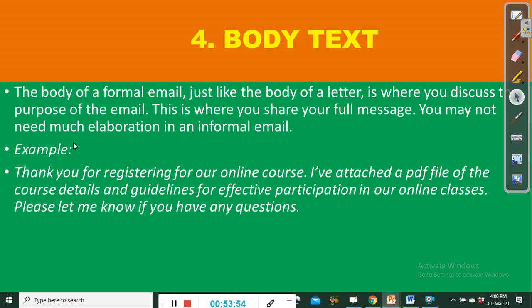You will agree with me that some of the different types of emails that we discussed require to be quite elaborate. You need much elaboration to really discuss the things that you need to discuss, communicate your ideas with clarity. In a promotional email, for example, or in a new product announcement email, or even in a newsletter, you need to really give elaboration, discuss the main purpose of the email.